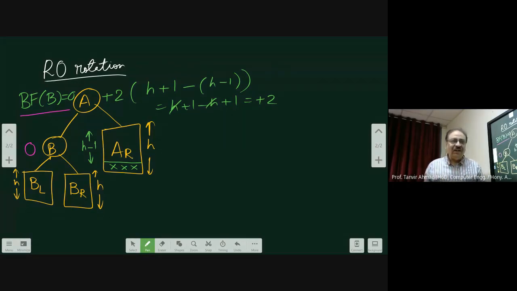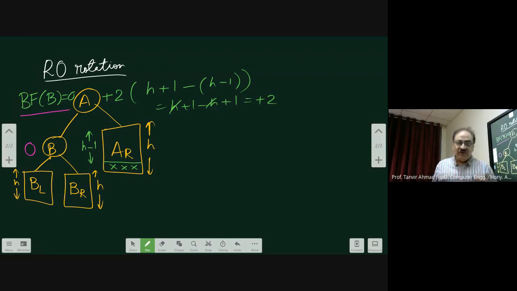But you are deleting on the right hand side. You are not deleting on the left hand side. But the balance factor of the node B has to be checked. Now, obviously, what can be the balance factor of B? It will be either 0 or plus 1 or minus 1. Agreed? It cannot be plus 2 or minus 2. Why? If it were plus 2 or minus 2, it would have been rebalanced before only.